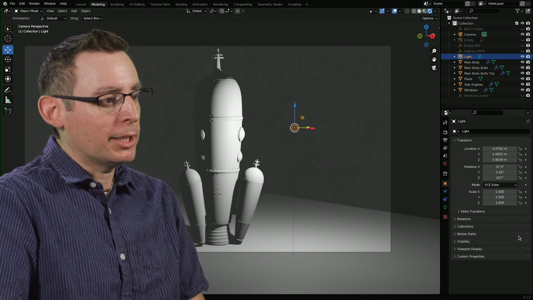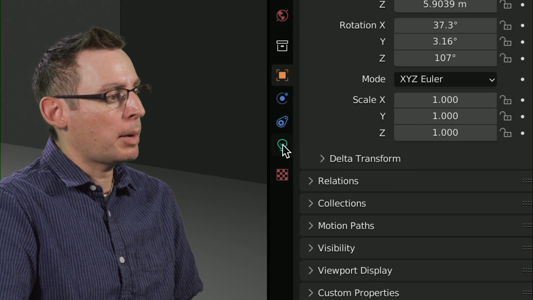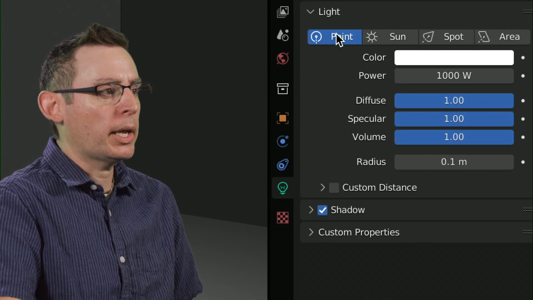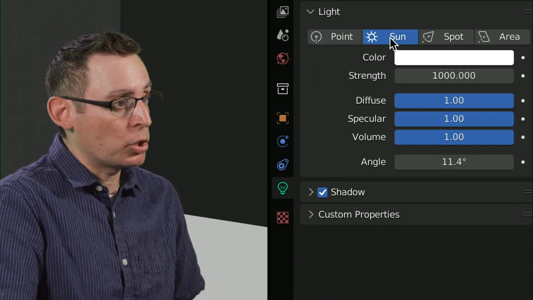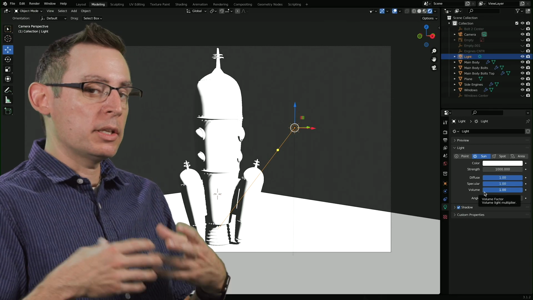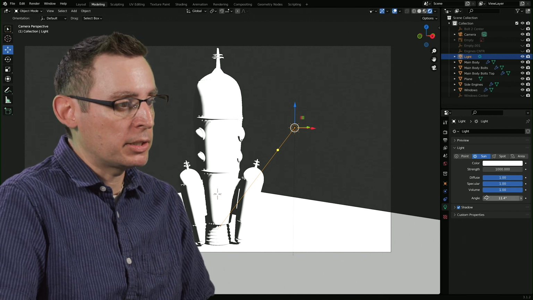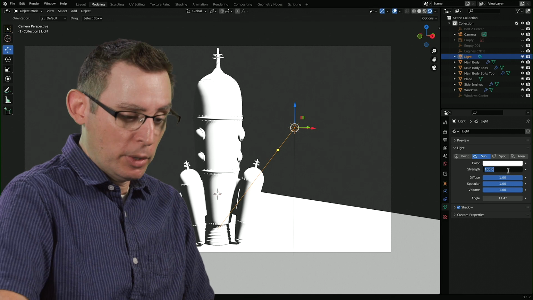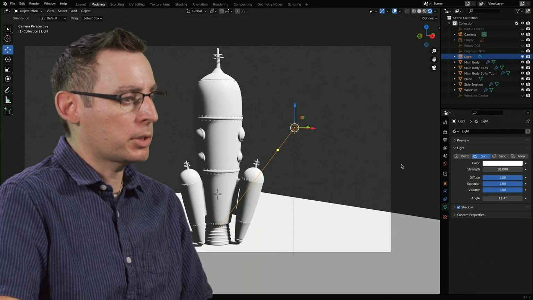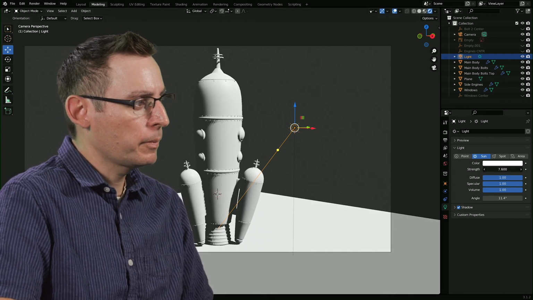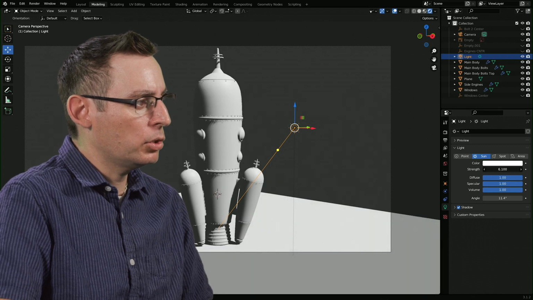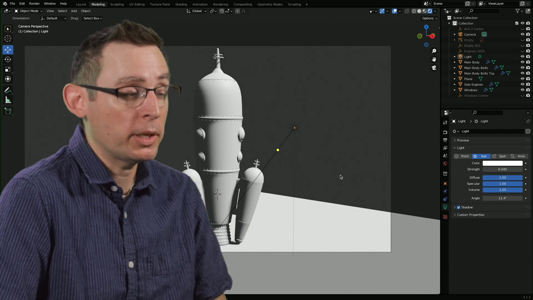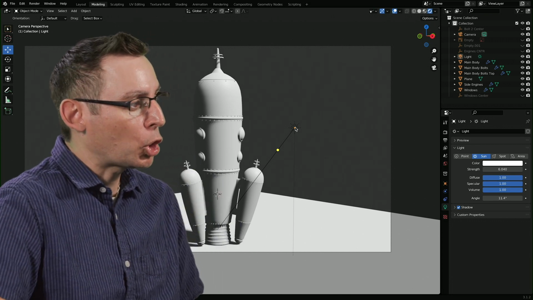So with my light selected, check it out, I go down over here into my object properties. This little light bulb icon will allow me to change it from a point light to a sunlight, also known as a directional light. And now we're starting to simulate a little bit more of what the sun is going to look like. The strength is just way too high. Let's put that down to 100. Let's put that down to 10. Now we're talking. It was just way overblown. Sometimes the lights are just very, very bright. Wonderful. I ended up at a value of 6.0 for that directional light, and it's starting to look pretty good.